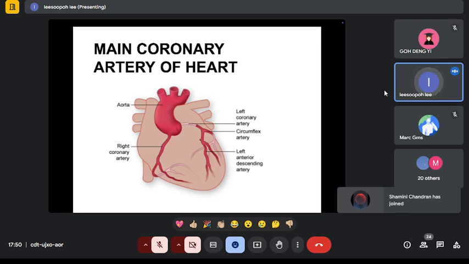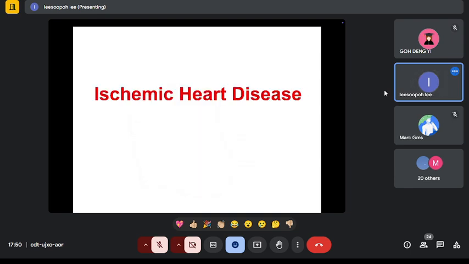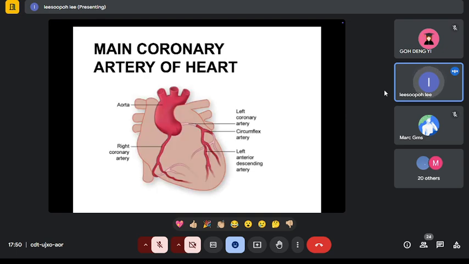If it's clogged here, then you have a problem, you have a major heart attack. While the right coronary artery mainly supplies the right side of the heart. So if there is a complete occlusion on the right side, the patient does not present as ill compared to the left. Okay. So when there is a problem with the coronary vessels, a blockage,